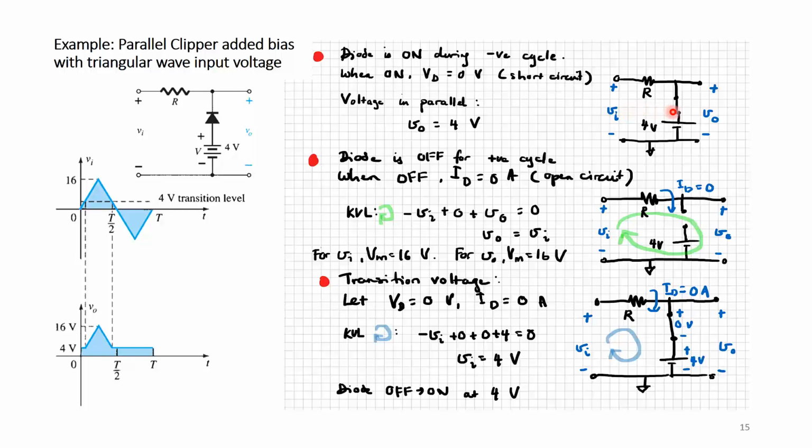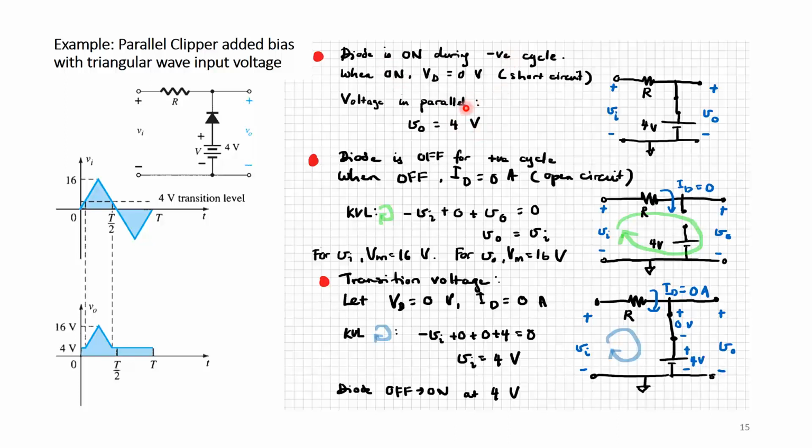Okay, so the voltage drop across here is going to be 0 volts, and V out is now the voltage across this path, this branch here, which includes the short circuit and the 4 volts added bias. So V out is actually just 4 volts. So when the diode is on, V out is 4 volts, and when the diode is on, it occurs in